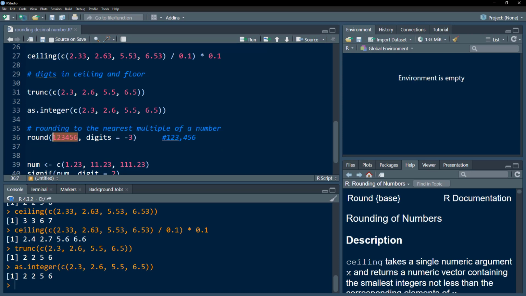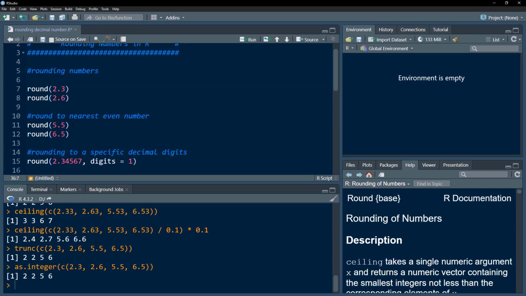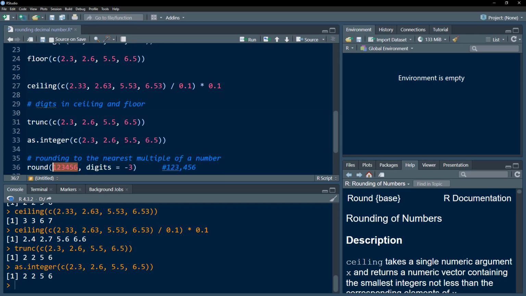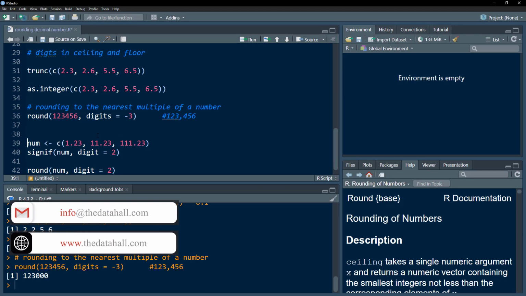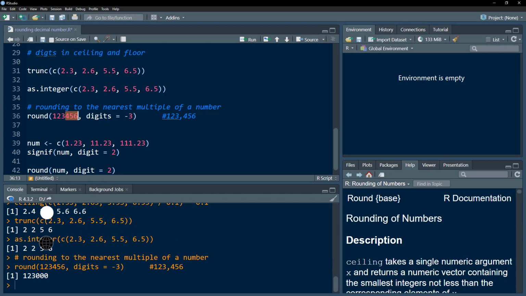What if we have an integer, and now in this case we do not have a decimal point, right? In all other cases we had decimal digits. We had a float number, but what if we have an integer and we want it to be rounded to the nearest 1000? So this is 123,000, right? So we do not want these numbers to appear, rather we want them to be replaced with zeros. So we give an argument to this digits parameter, and that is -3. In this case, what it would do is it would round it to the nearest